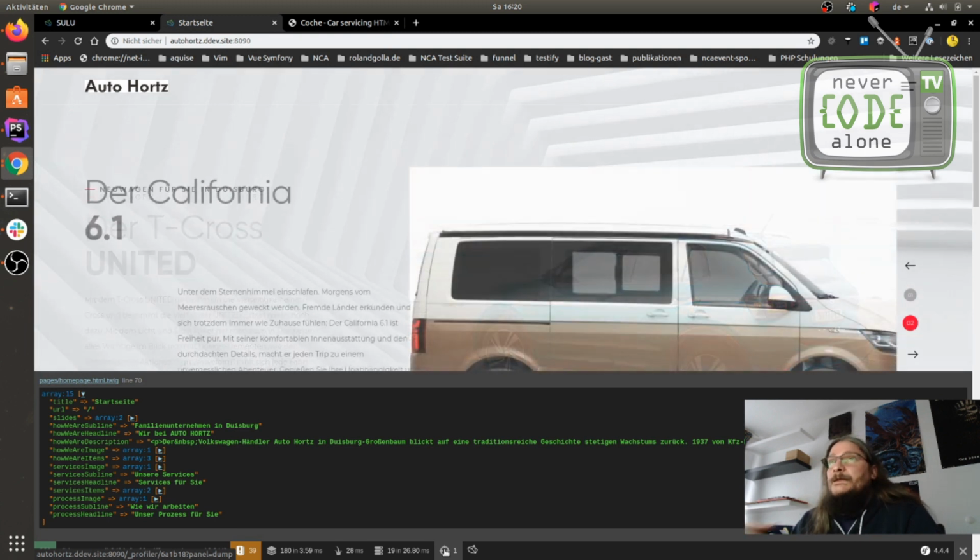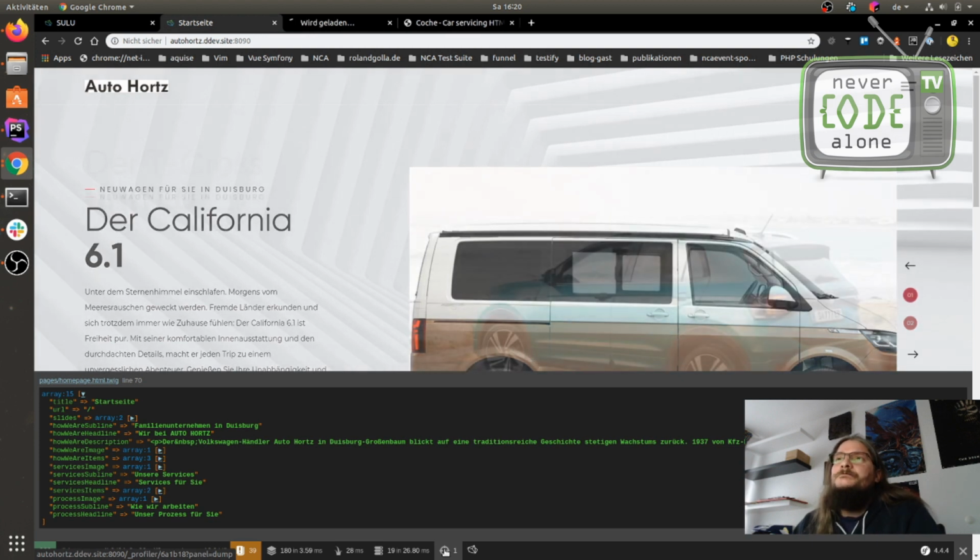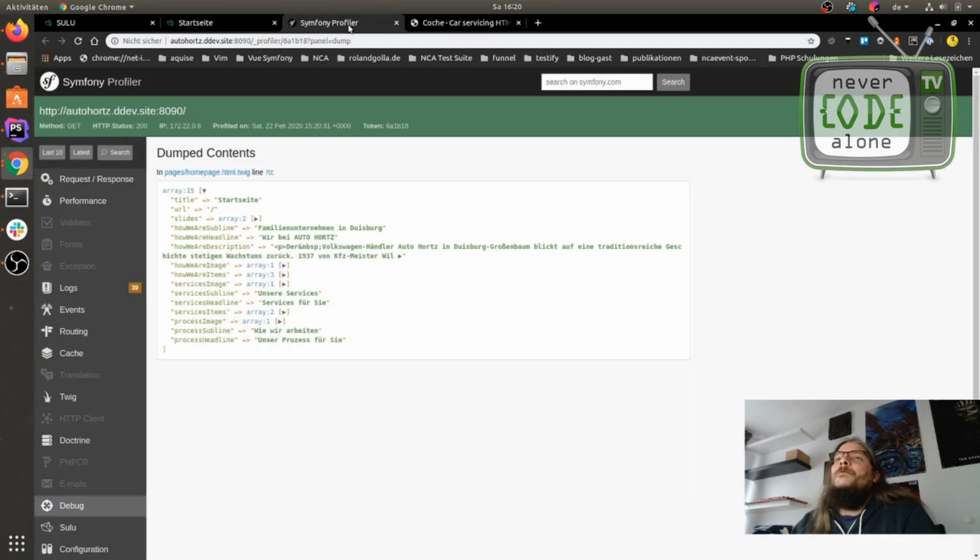And for me it's very good to open this in a new tab, because here I have it on a static page and I can just go around here. So we have here our process image, the subline and the headline.